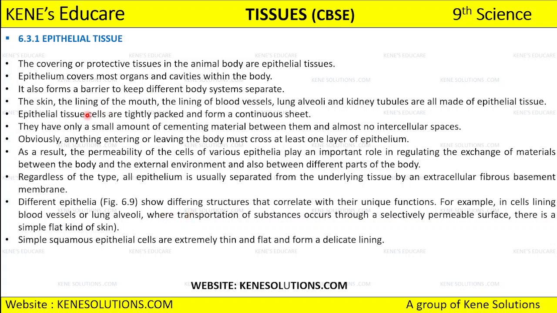And in this epithelial tissue, the cells are tightly packed and they form a continuous sheet. What do they form? They form a continuous sheet. So here only a small amount of cementing material is present between them, and you will see that there are no intercellular spaces. Okay, so obviously if anything is entering or leaving the body, it should cross at least one layer of epithelium, right? So as a result, what happens? The permeability of the cells of these various epithelia,